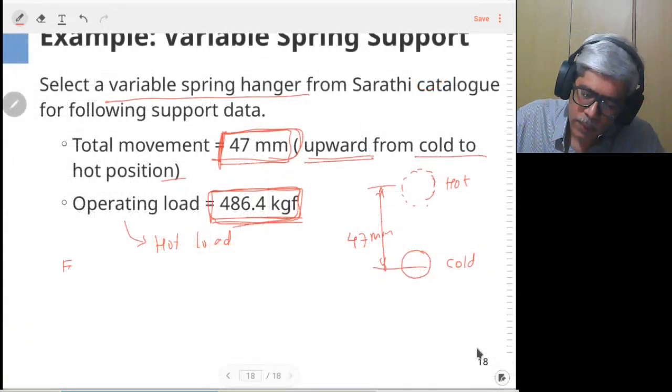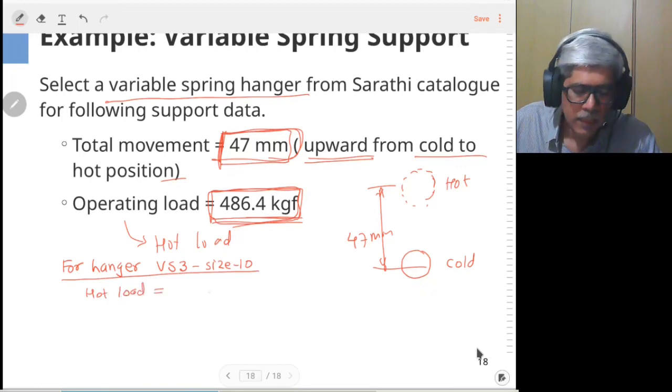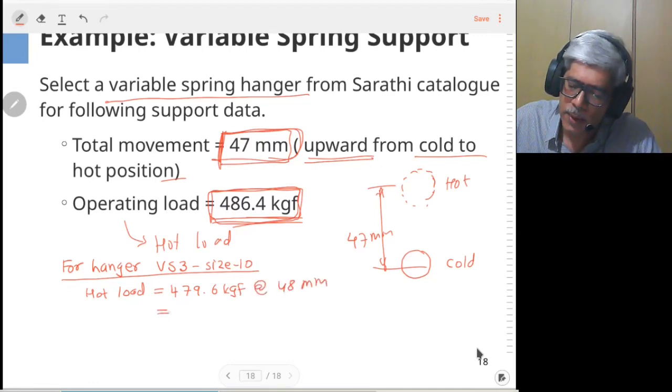For hanger series VS3 and size 10, we got hot load as 479.6 kilogram force at 48 millimeters, and the load is 580.4 kilogram force at 95 millimeters.